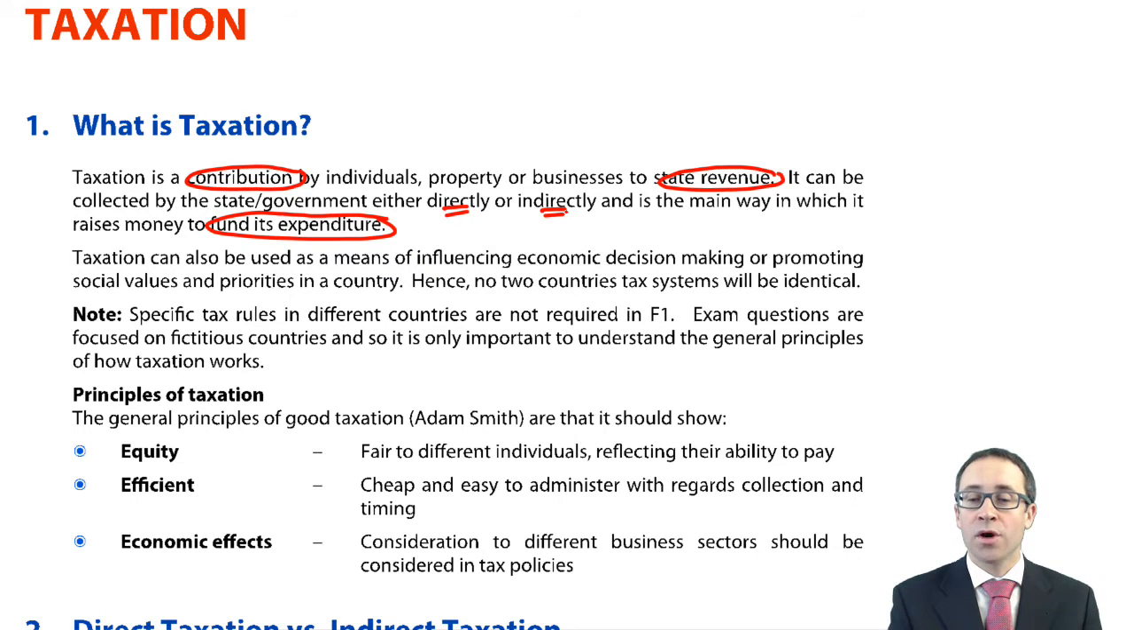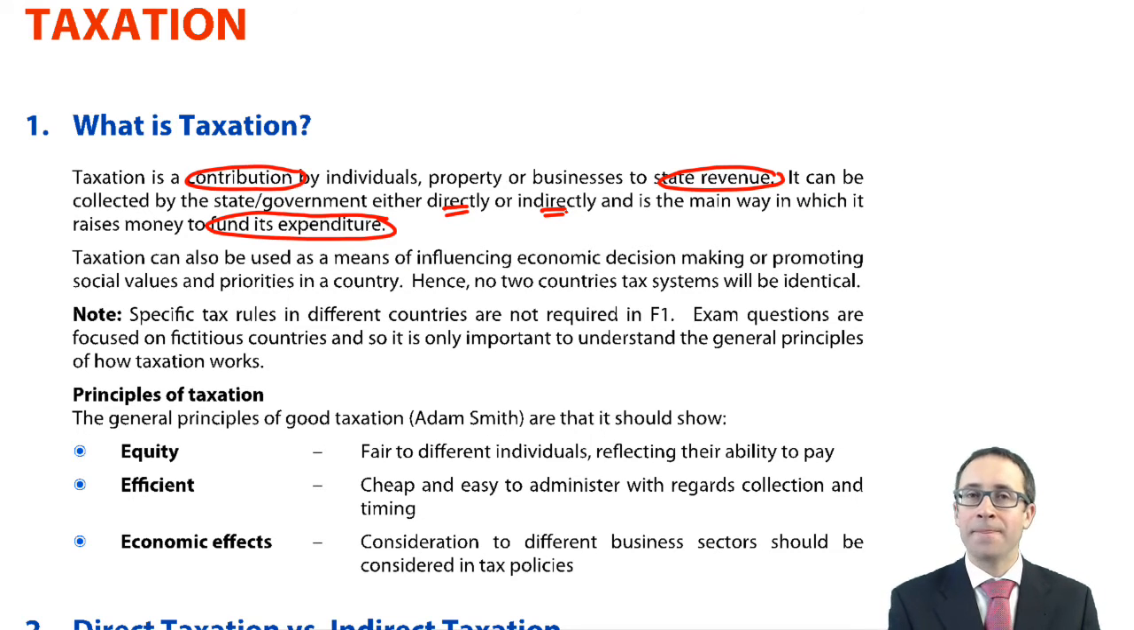Okay. Tax is used to influence economic decisions and to promote different values within different countries. Different countries have different economies, and therefore tax systems in different countries will be different. So the way that we get around it is we just look at a general idea of how a very basic tax system should work, and then that will be adapted specifically to whatever jurisdiction